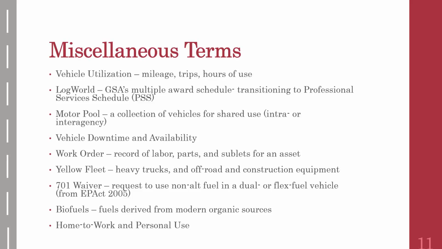And we can look at vehicle downtime and availability, which are the inverse of one another. So vehicle availability might be 95%, vehicle downtime might be 5%. If you have a fleet management information system, it should capture the start time of a work order and the end time of a work order, and from that you can infer how many hours vehicles are actually available. Now, if you can